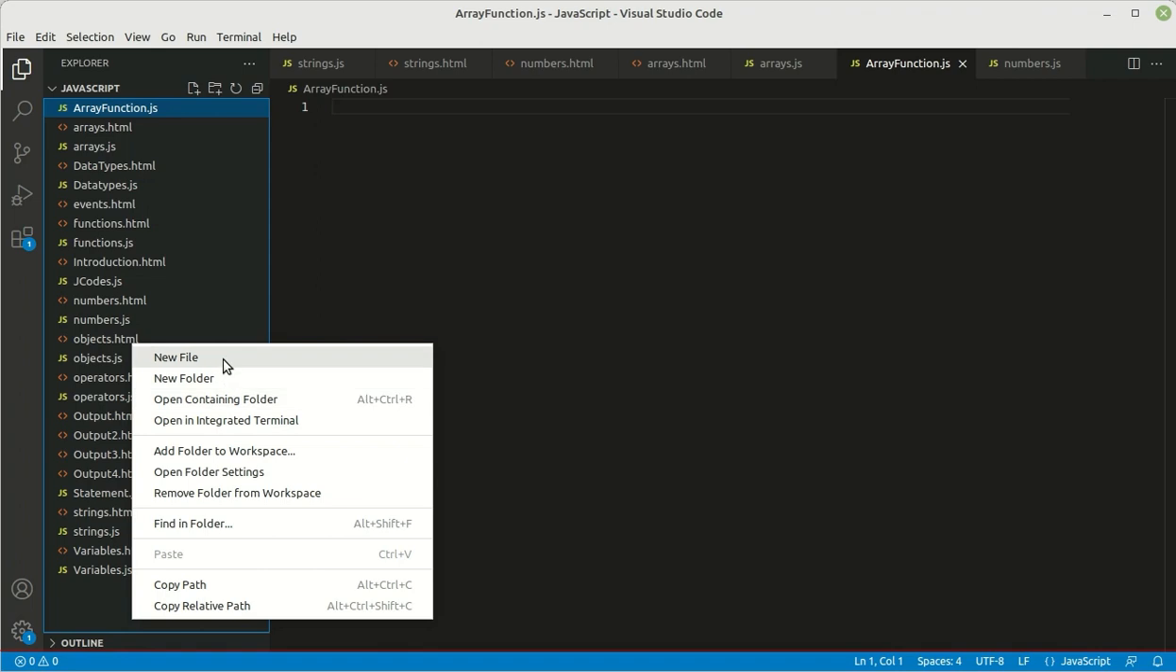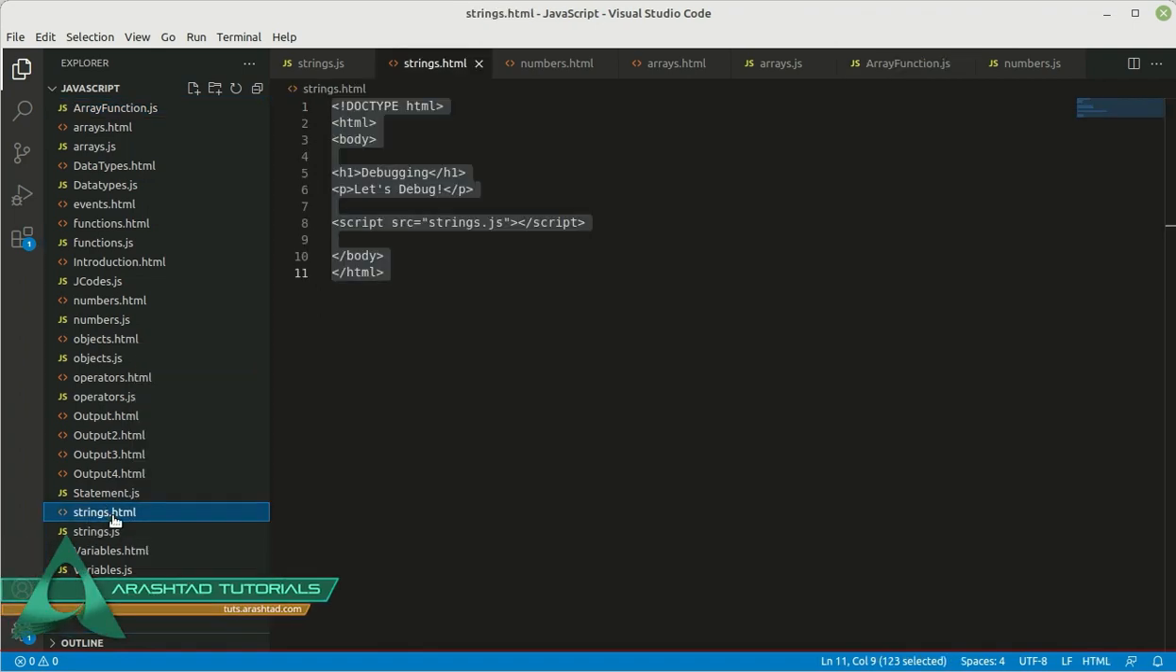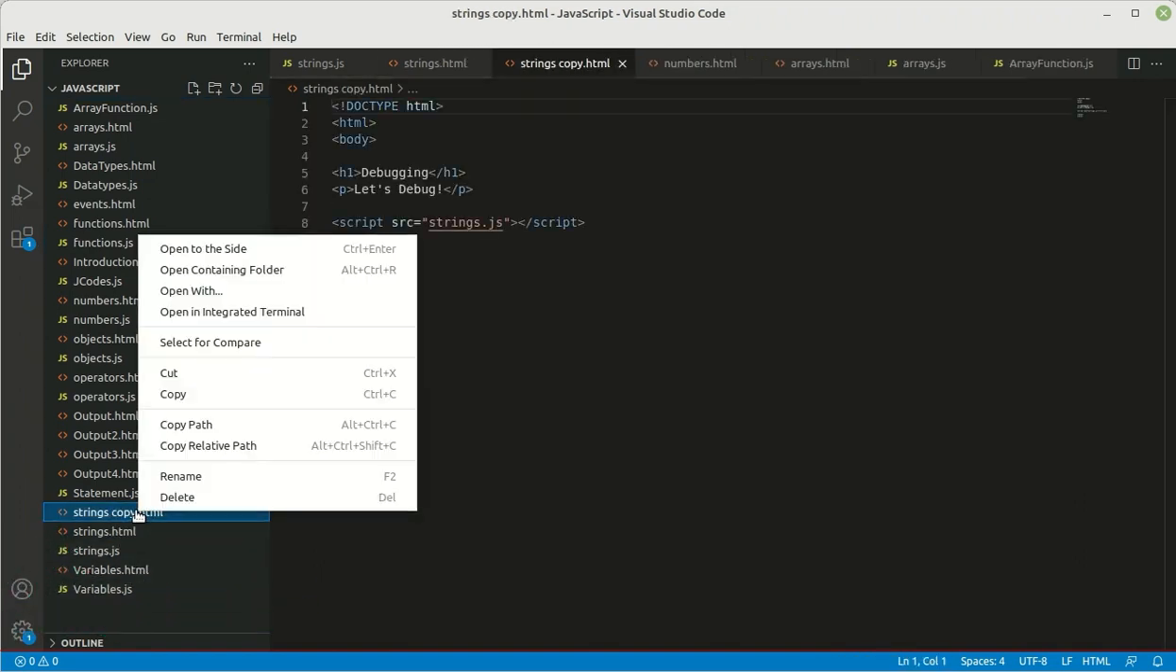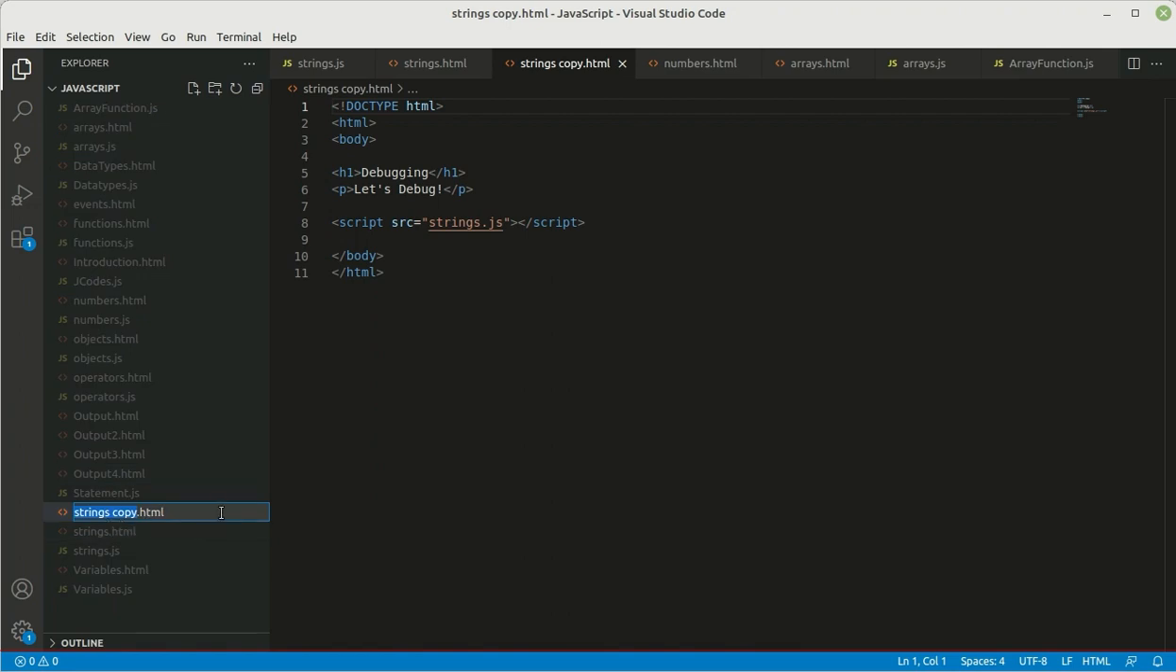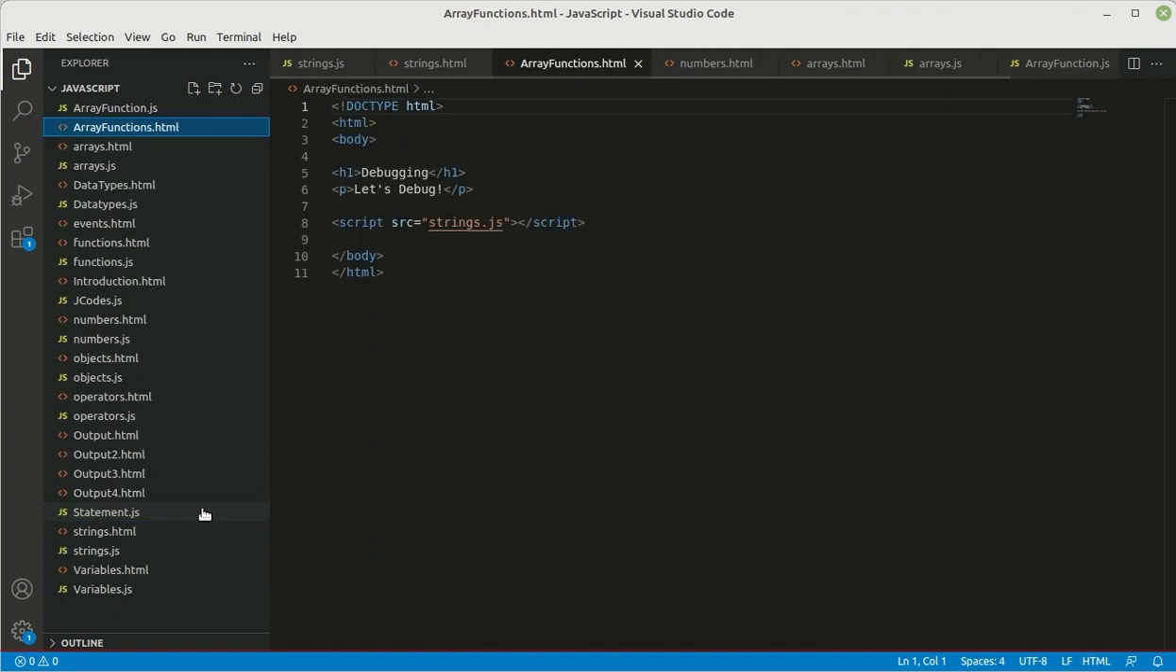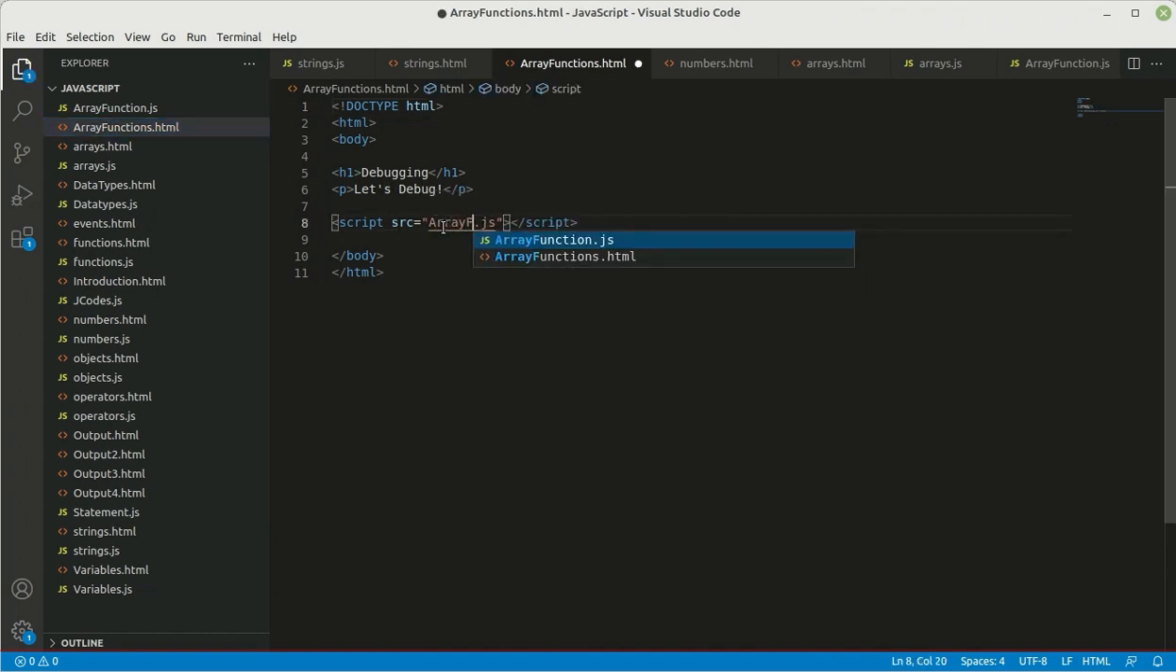Also, let me create a new file for HTML. Probably we can copy this one in order to make it much easier and rename it to array functions, and here also array functions.js, and not HTML.js. Okay, anyway,